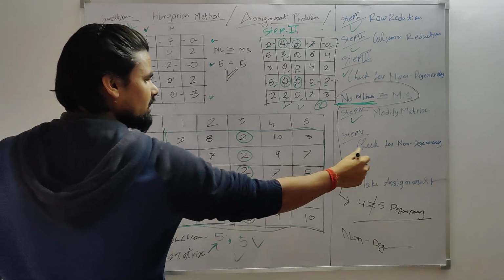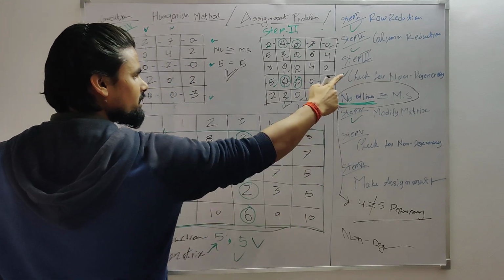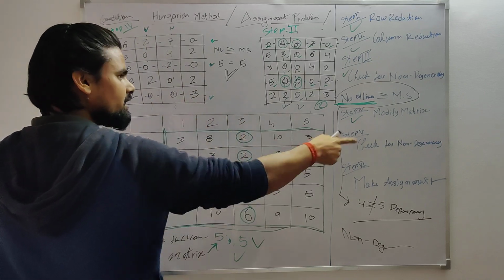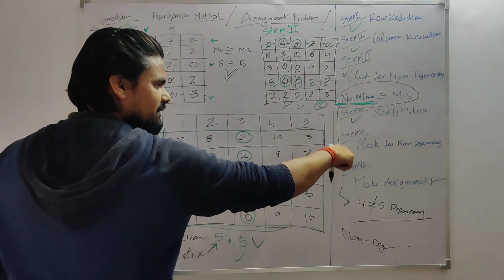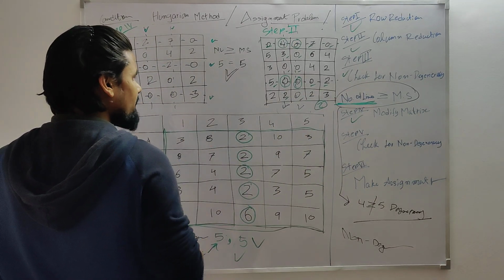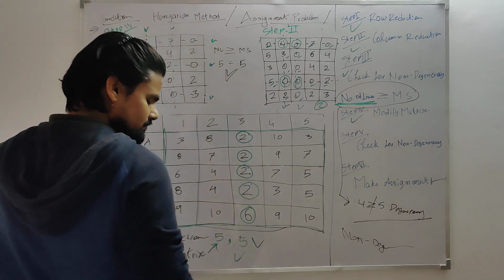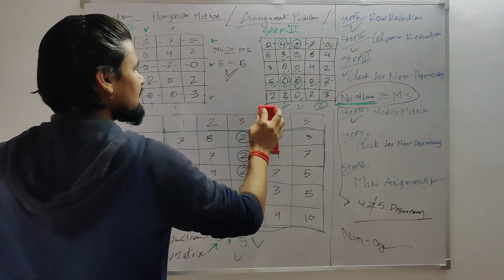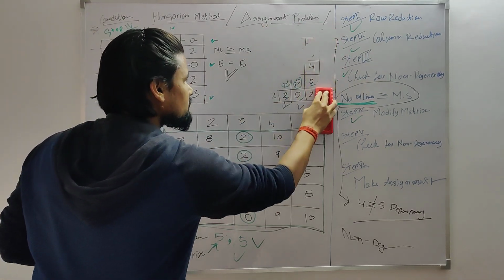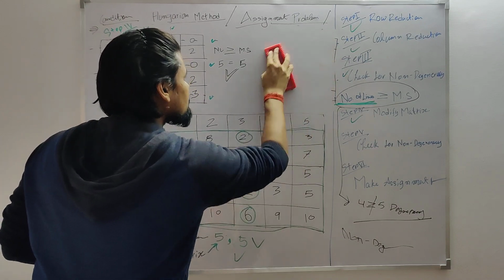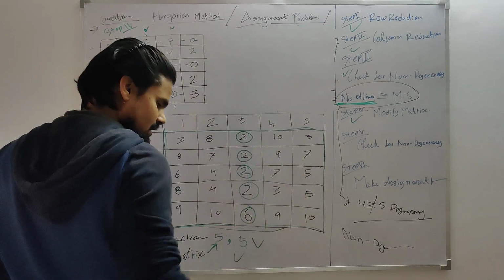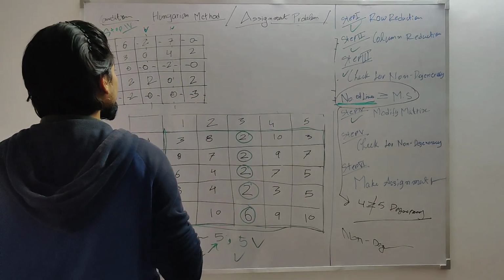So now, our condition is satisfied, so we don't need to repeat this process once again. Suppose over here our condition doesn't satisfy, then again we have to do this modify matrix step and again check for the non-degeneracy. Okay, so up to this point it is clear. Now I will try to make the assignments. So based on this, now I will make the assignment.